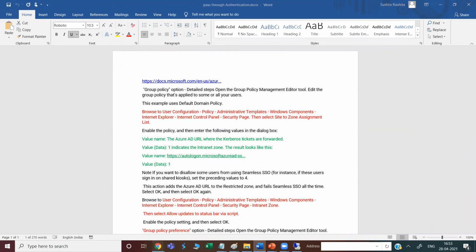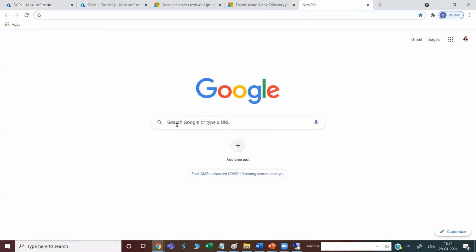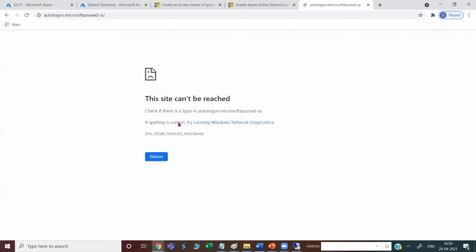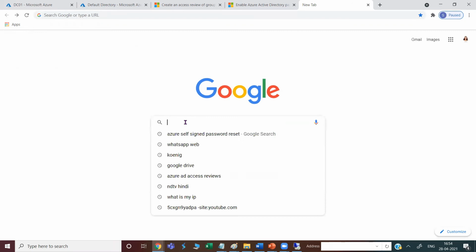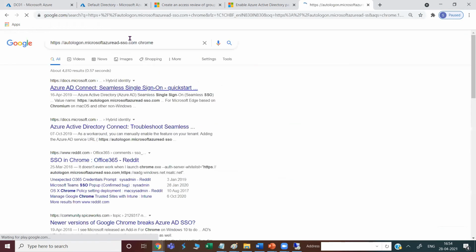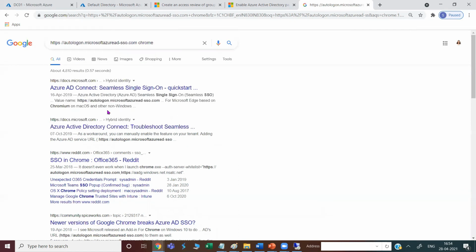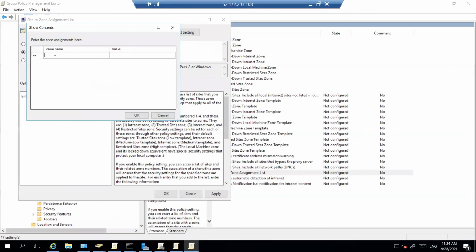This URL is not properly given. So mention the value name, and in value mention 1 here and click on OK.